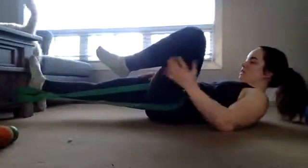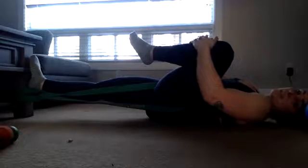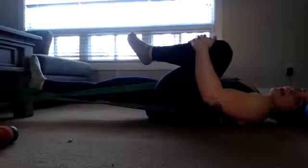So this is what you're doing for the banded hip distraction. I'll show you the other side too. So same thing, foot is gonna be straight out, and then where the band is, the leg that I'm gonna hold. For anybody that's doing any type of running or where you sit every day, this is like a must,